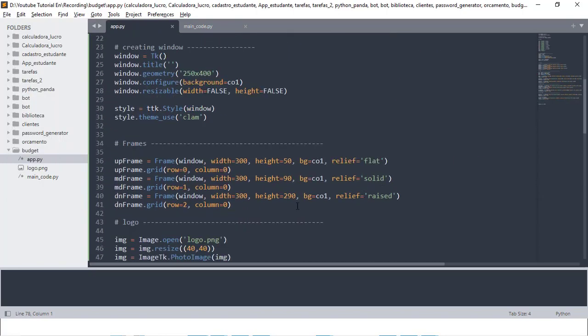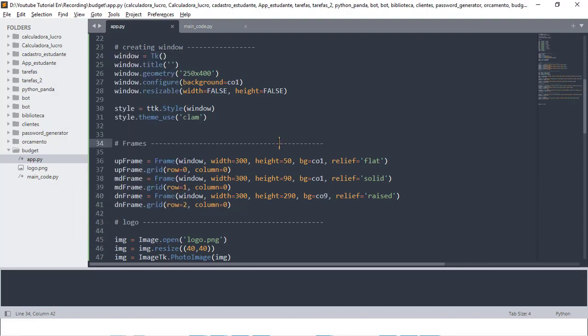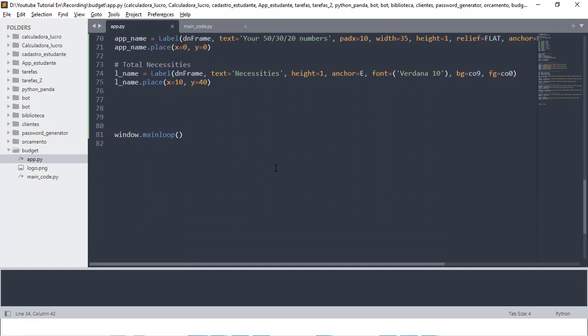Where is it? We'll come here in the frame. For BG, we'll be using color 9. Okay, I save, if I run, and boom, now we have a different color. Okay, necessities, good. So after that, let us create another label that will be showing the results of